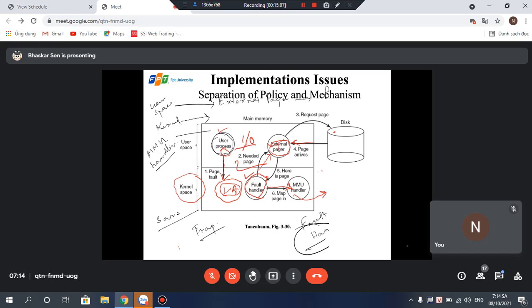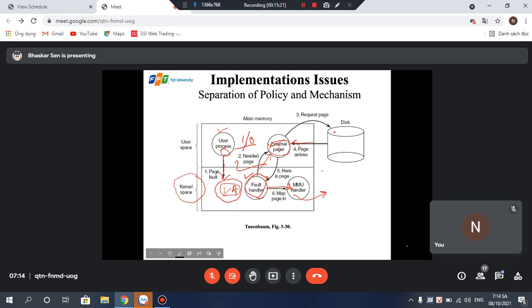And then from there, the fault handler steps in. The fault handler will take the virtual address. From the virtual address, it will figure out the page number that is missing, the page that is missing. And then it will get in touch with the external pager, asking it to find the page on the disk. Now, it's the external pager's job to initiate this I/O. Okay, this is an I/O, as we already always mentioned.